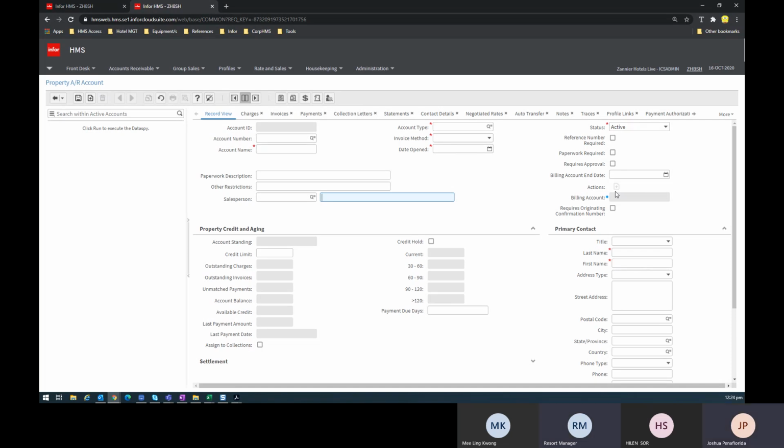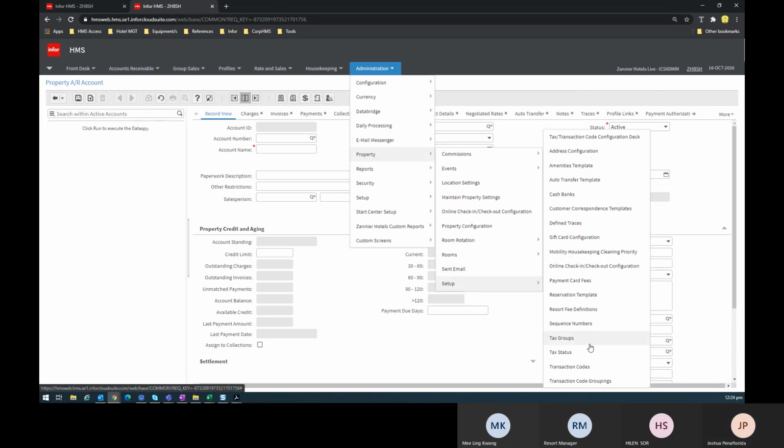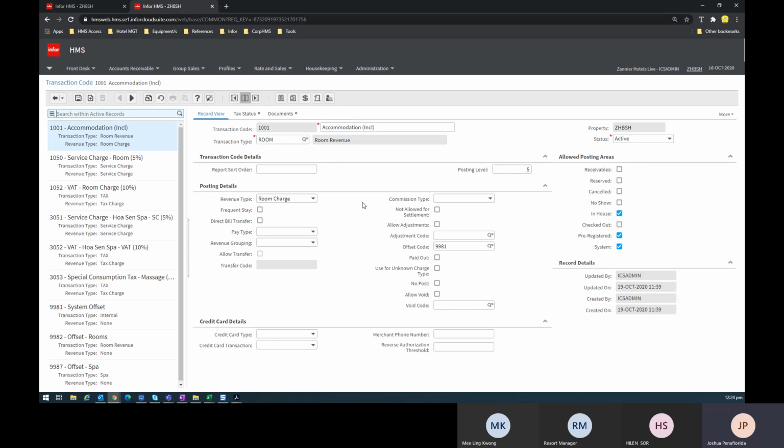Thanks. All right. Okay, so just a rundown with our task for today. From my side, I'll be uploading all the transaction codes, after which I'll be sending you the updates. And the property or the finance can now go and create first the transaction group, right? Create the transaction group first, and then go to the transaction code and check the record view with all the restrictions and all of that. And finally is the tax status, where you're going to attach all the tax status to those